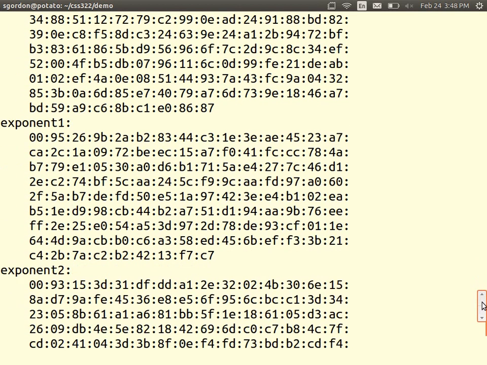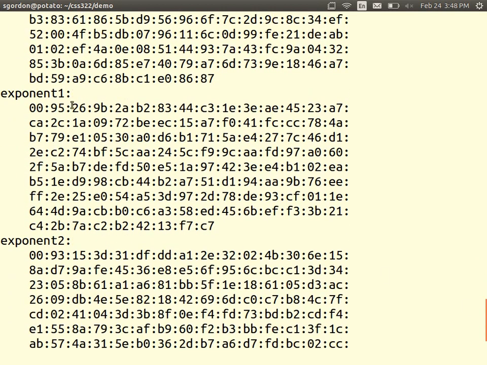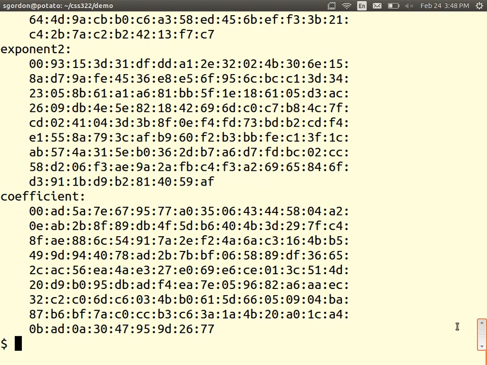And the last set of values we will not cover in any depth. Exponent 1, exponent 2, and the coefficient are 3 other values, again just included for speeding up computations. You can speed up the encryption and decryption by storing some intermediate values, and these are stored in my key here. On the lecture slides,